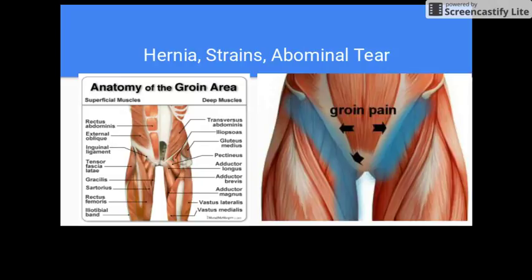You can see in the anatomy of the groin, there's quite a few muscles there. The lower abdominal muscles attach onto your symphysis pubis, which is right in the middle. You can see that a lot of the quadricep muscles, your iliopsoas muscles, your groin muscles all attach right there. If you're a male, you're really more susceptible to having a hernia in this area because your spermatic cord comes right through your abdominal wall, and that can lead to all kinds of problems, especially if there's weakness or a